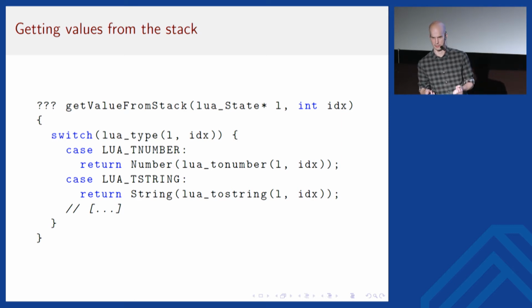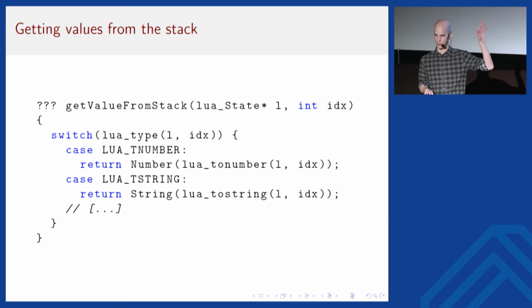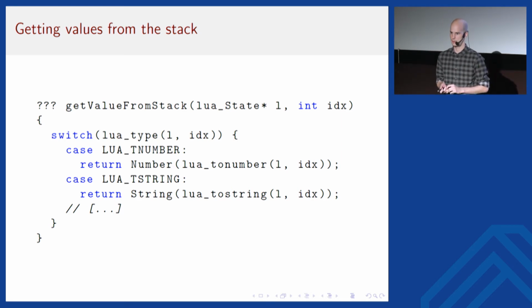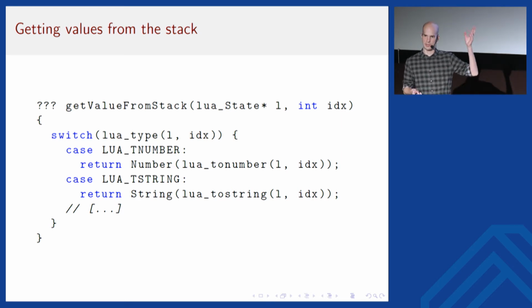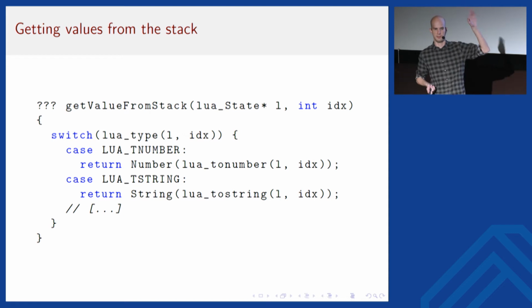And here we have the fundamental problem that Lua is a dynamically typed language. So the entries on the stack could have any of the 8 basic data types. So at this point, we will need a switch case over the type. But as you notice, the different return values that I construct inside the cases are already distinct C++ types now. So once I am past this switch case, I'm in the C++ world, and I want to make use